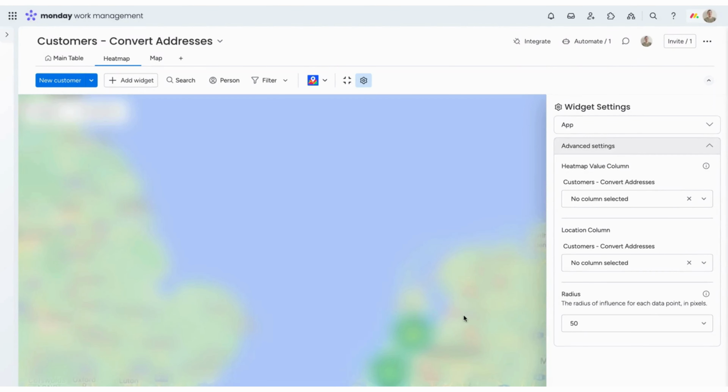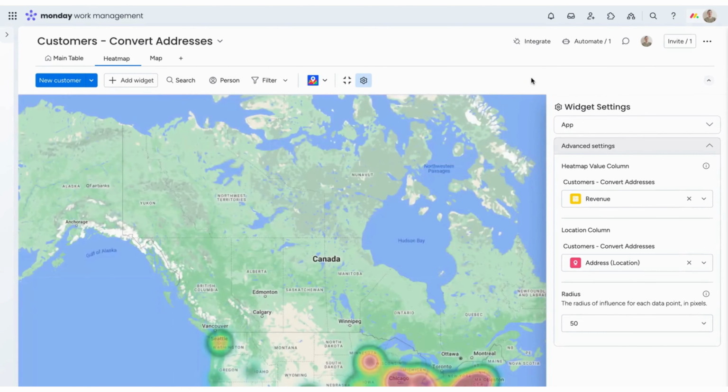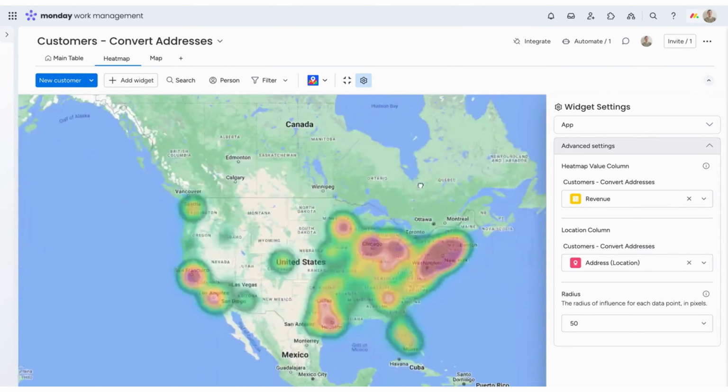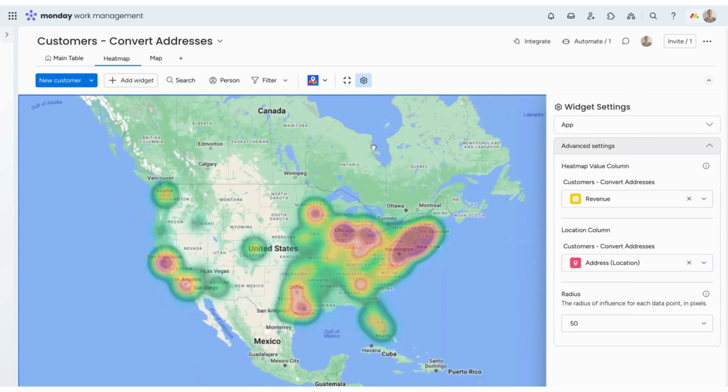I've already added it here, but we still need to configure it. So to start off, I'll select the column that I use for the heat map value, which is the revenue for each of these customers, as well as the address where they are located. And if we now wait a bit, there you go, we can see the heat map of where our customers'